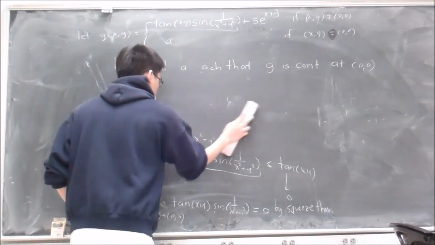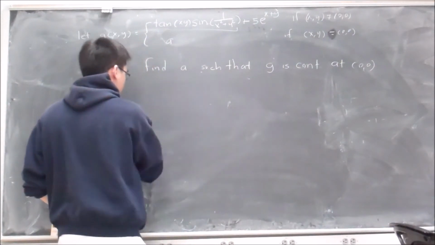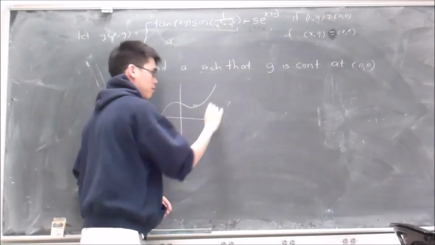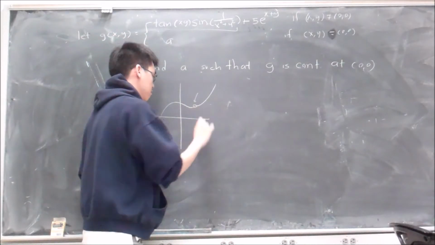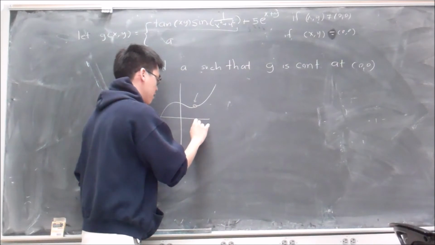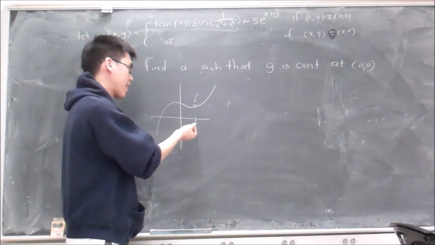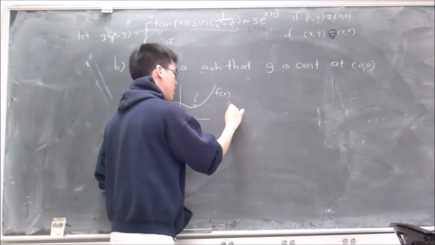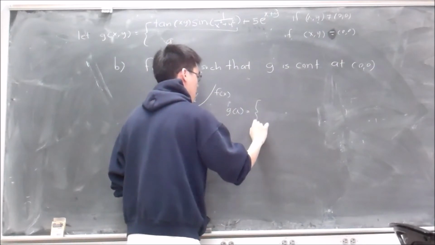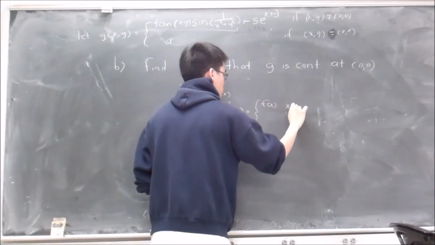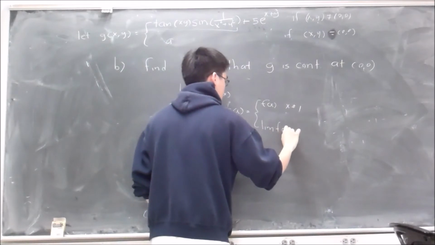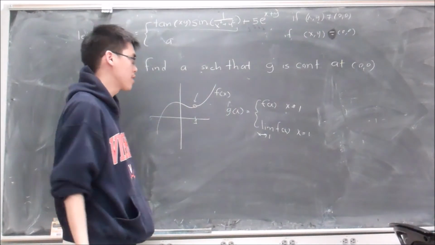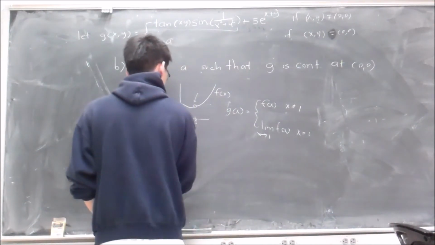So when you look at this problem, this should remind you of the one variable case. So you can have functions like this, right? Where there's no value of the function at, let's say, x equal to 1, but the limit exists. So in order to make this function continuous at 1, you can define g of x to be f of x when x is not equal to 1, and the limit of f of x as x goes to 1 when x equals 1. This way, the function will be continuous. So, in this case,